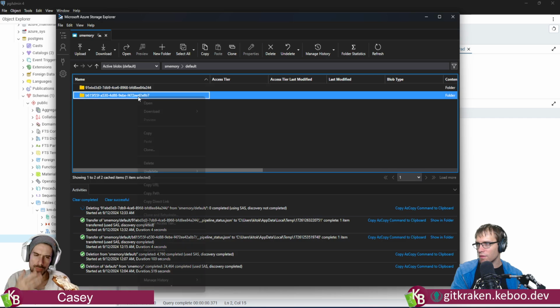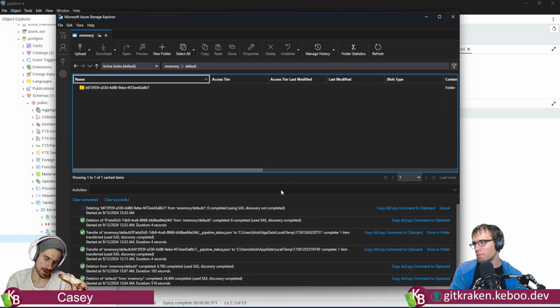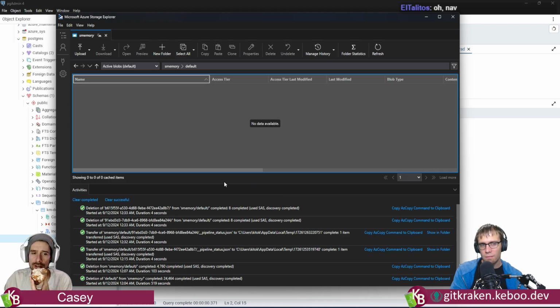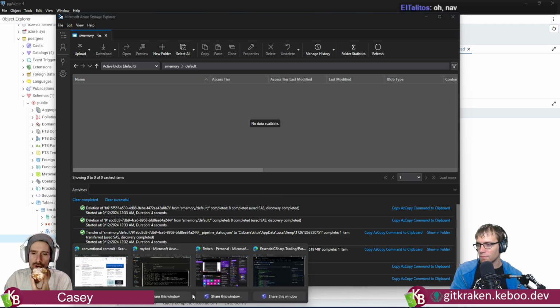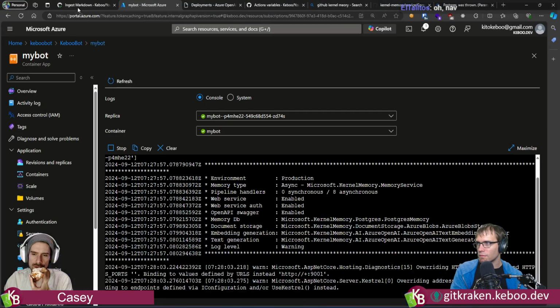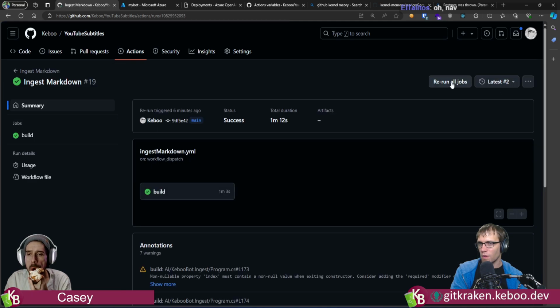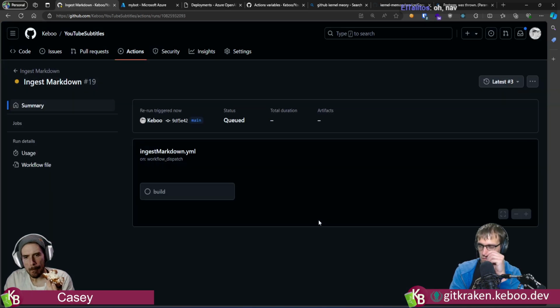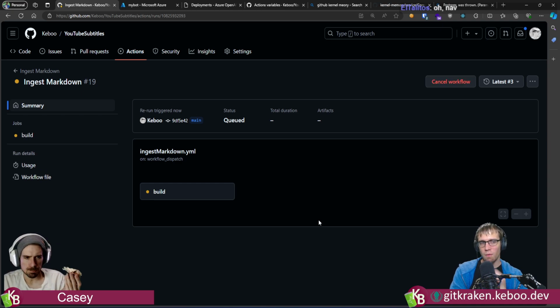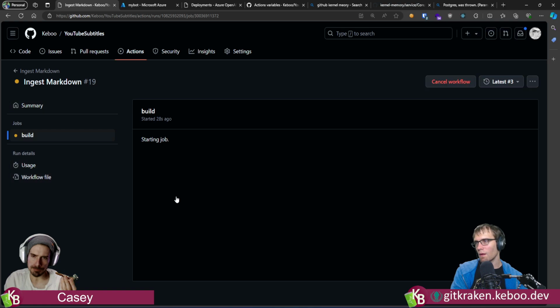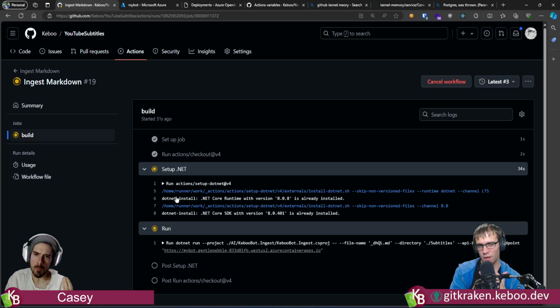Okay, so let's try this. I'm going to blow it away. Now, is it the number of concurrent connections, or a limitation in your connection to the database? Maybe. I don't know. So we're going to come in here and rerun all jobs. This is a single file one? Yeah, this is a single file one. Okay. And if this works, I'm going to clear it one more time, crank it back up to 3, and run it again.